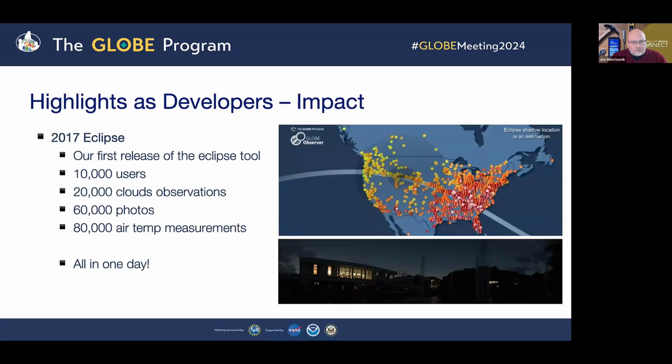Just a couple more things. Talk about some highlights as a developer. As I mentioned, I've worked 13 years on this program, and it's really rewarding to see how people contribute data and work on this program and see what the students get out of it. One of the specific highlights of really seeing that impact, seeing the impact of our work